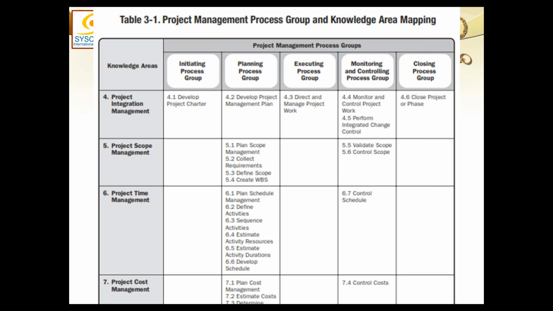Now your question: why should the baseline go to the project management plan? Because project documents is an archive that has no power of doing something. That is just a container of the documents. The project management plan has the authority to do things. So the baselines, which are the final version which have to be implemented and executed, go to the project management plan and are executed through direct and manage project work. So it must have the baselines to execute.